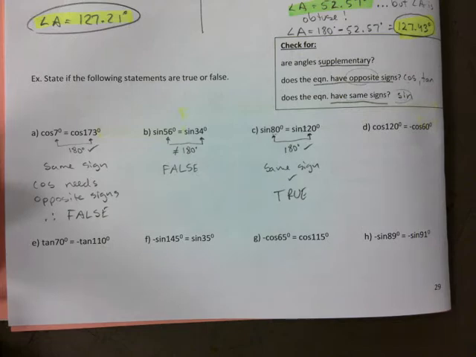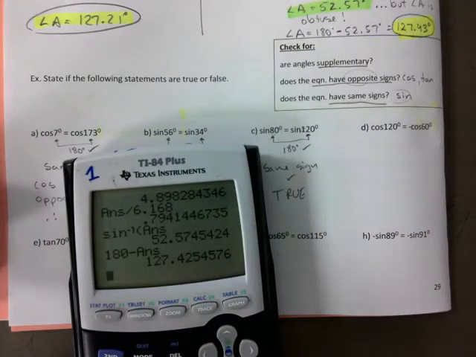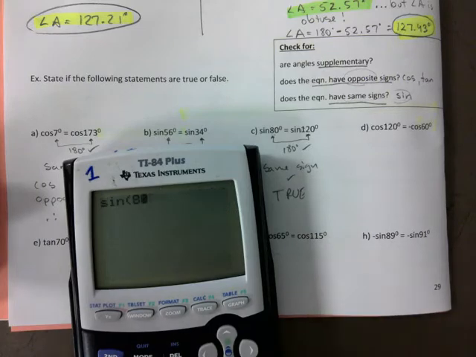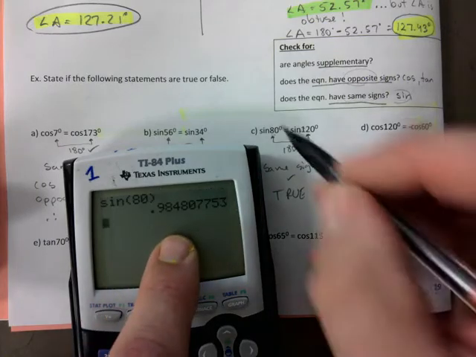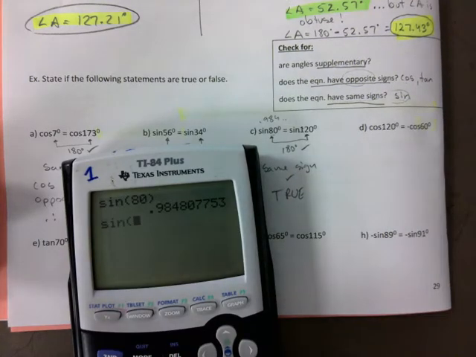Stop. Stop. What are we doing here? Let's say you don't get this part. Just do this for yourselves. Sine of 80, let's clear my screen here. Sine of 80 is 0.984, blah, blah, blah, right? Sine of 120